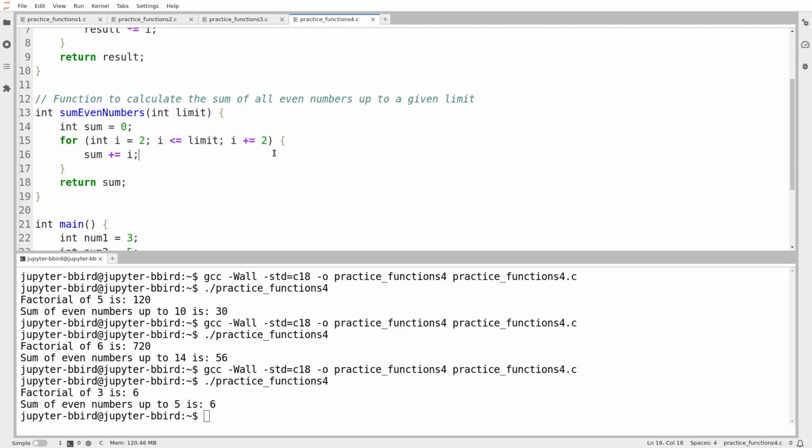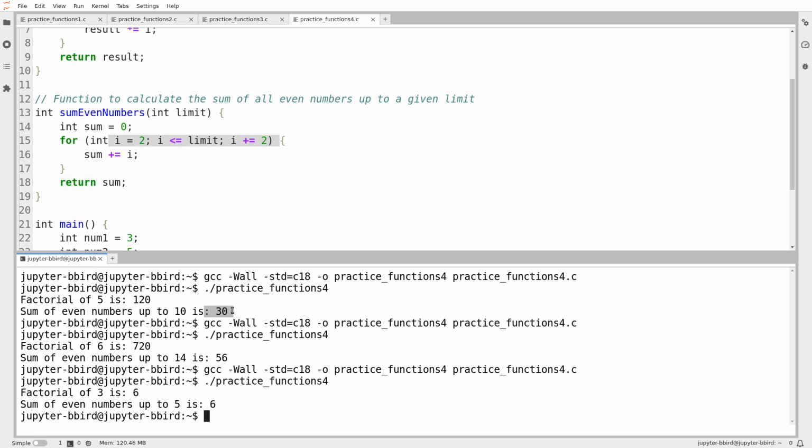Okay, so let's take a look at this. Sum even numbers. If I want to sum all the even numbers up to a particular limit, I might start at 2, and then I work ahead by 2. So the reason why, to me, this doesn't look incorrect is that we've already seen this example. We've talked about iterating over all of the even numbers, and we've used logic very similar to this. And so I've looked at this loop condition carefully. If I trace this by hand, I expect that I would get the same result that I got here.